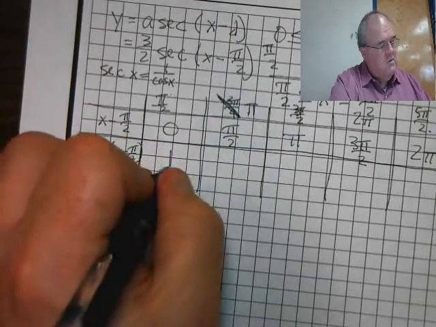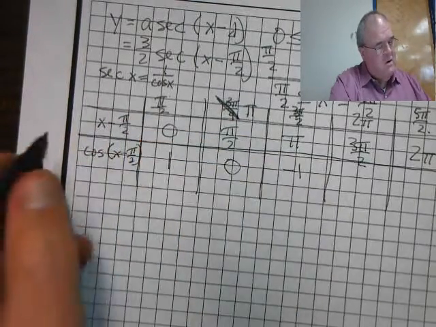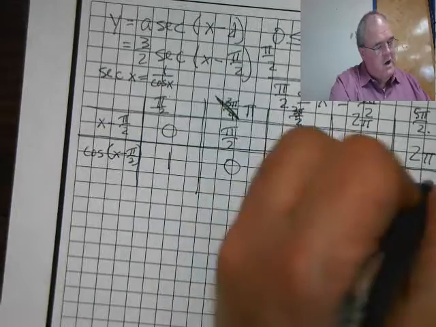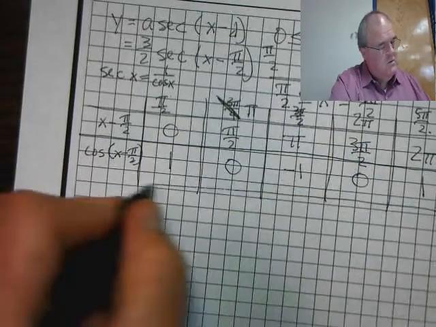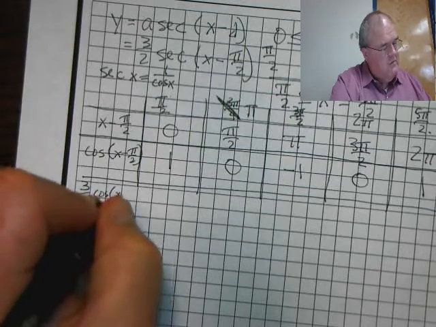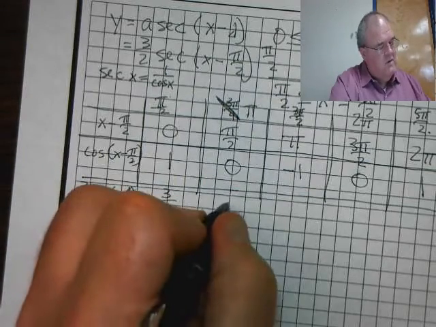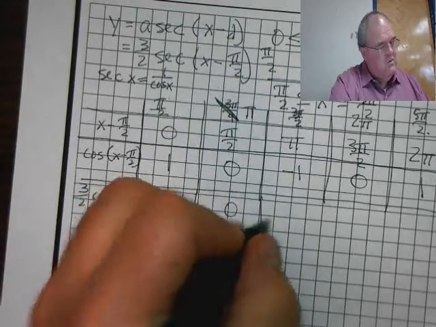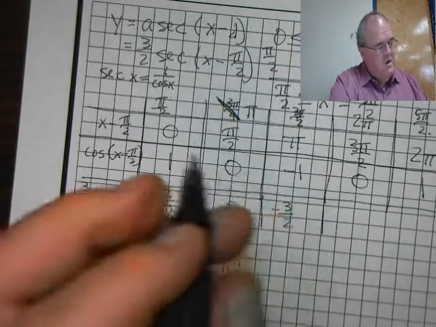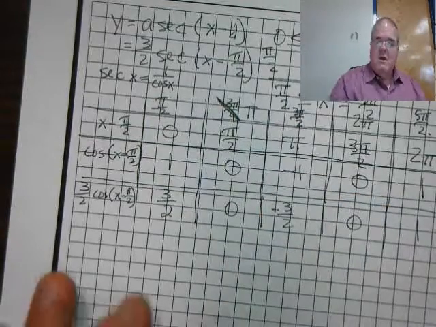Cosine of 0 is 1. Cosine of pi over 2 is 0. Cosine of pi is -1. Cosine of 3 pi over 2 is 0. And the cosine of 2 pi is 1. So I'm going to do 3/2 times the cosine of x minus pi over 2. So 3/2 times 1 is 3/2. 3/2 times 0 is 0. 3/2 times -1 is -3/2. 3/2 times 0 is 0. 3/2 times 1 is 3/2. So now